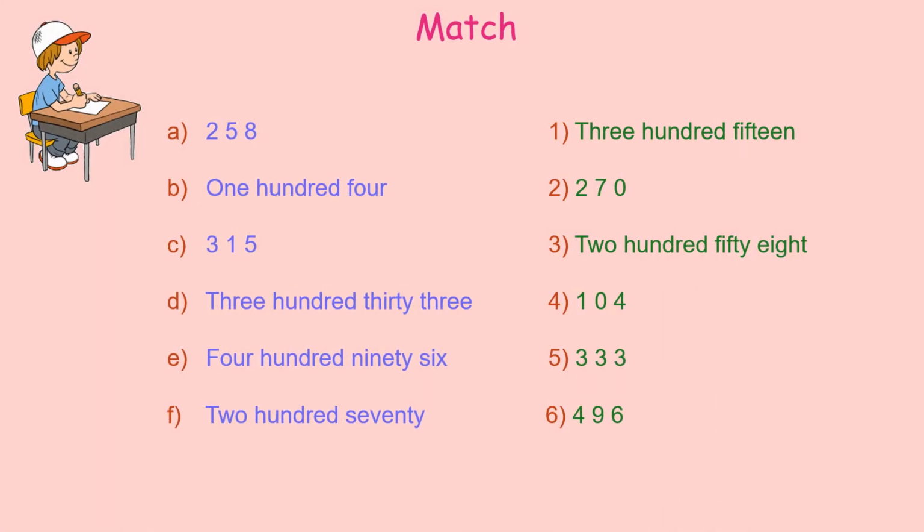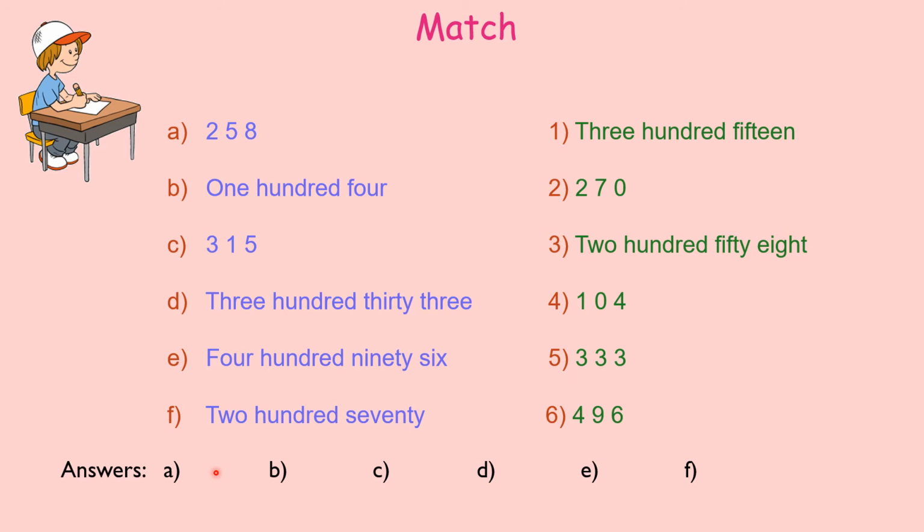As we have learned some number names, children, here is a matching activity, which we are going to do now. What is matching? You all know that, right? So there will be some questions given on one side and the answers are given on the other side, but you have to match the correct one. Let's do it. We are not drawing lines to match as we have grown up now. So for each A, B, C, D, E, F, we have to put the correct number here.